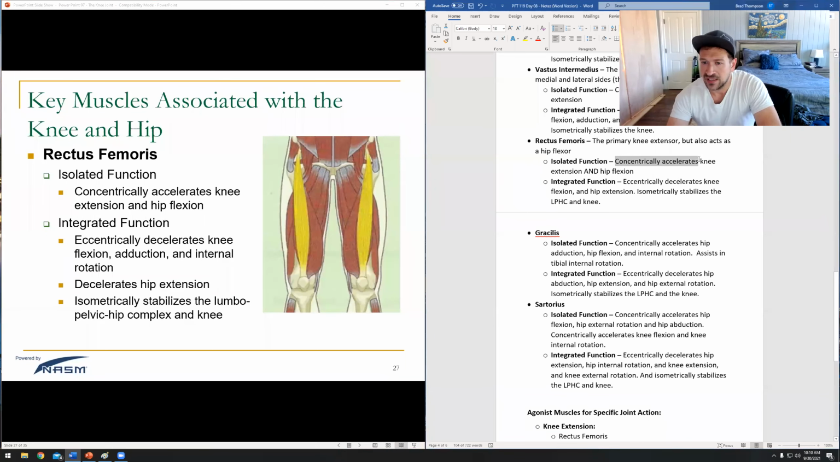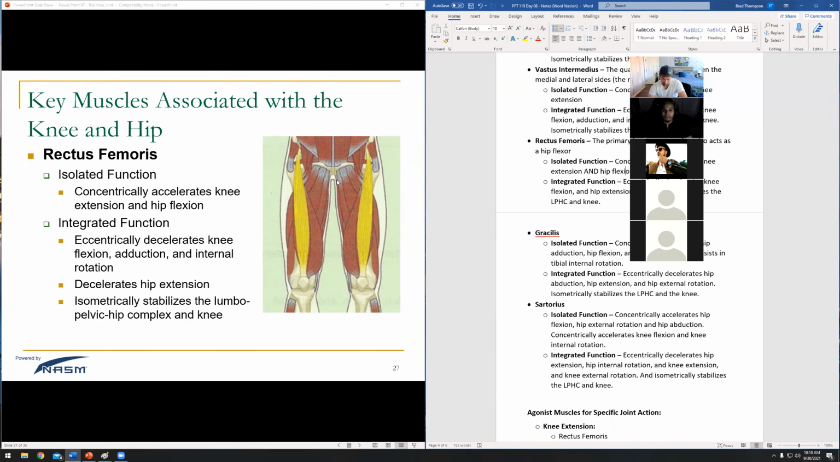Concentrically accelerates knee extension and hip flexion. So we're going to talk about the hip flexion tomorrow, but today we're talking about the knee extension, right? This is of the quad muscles. This is the one we want to stretch. So that's why I said I'm not a big fan of this stretch personally, but I do love